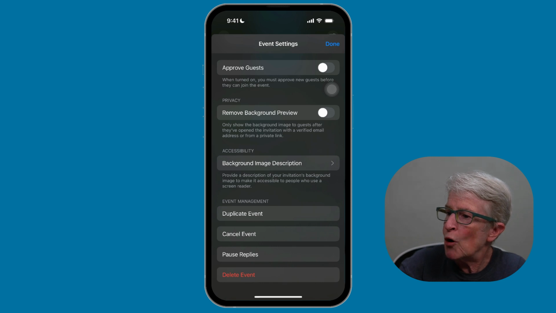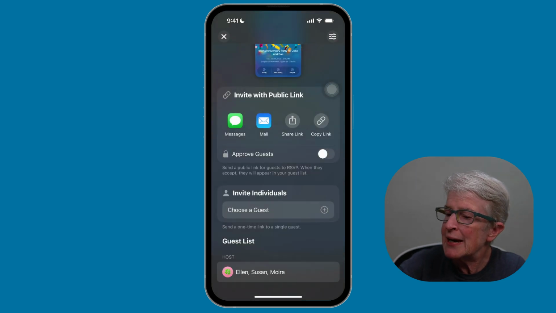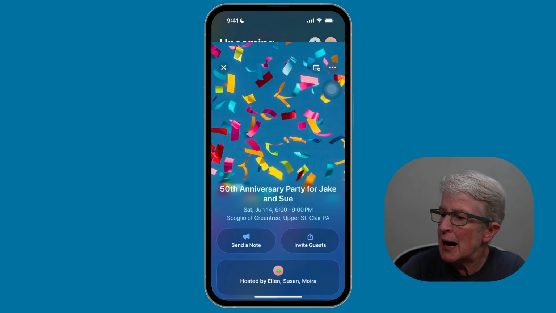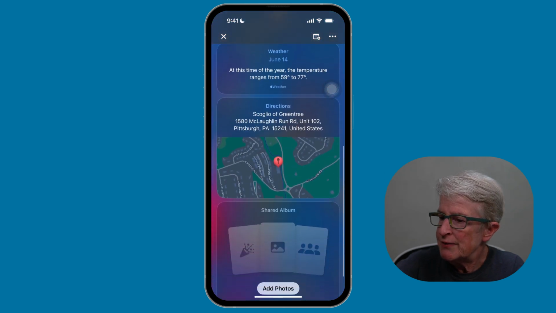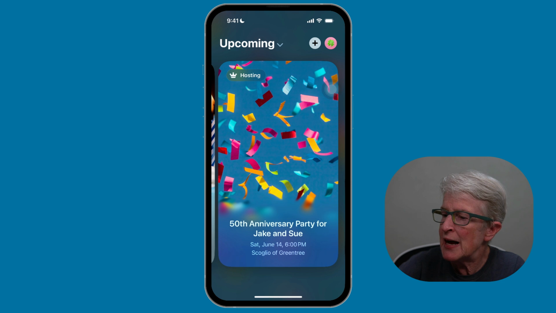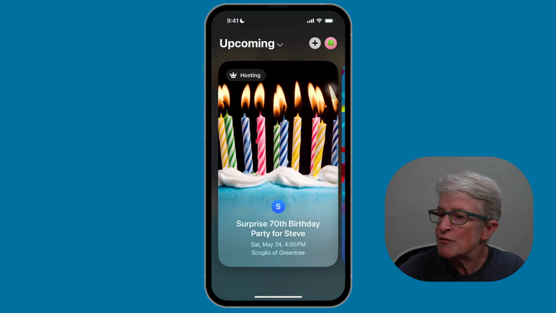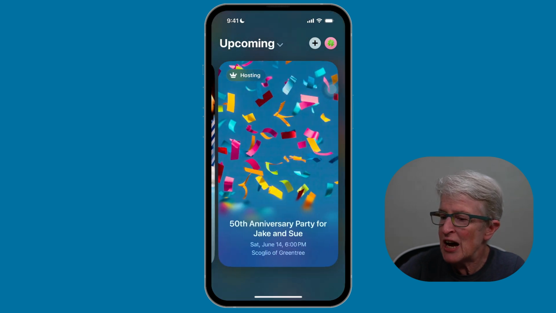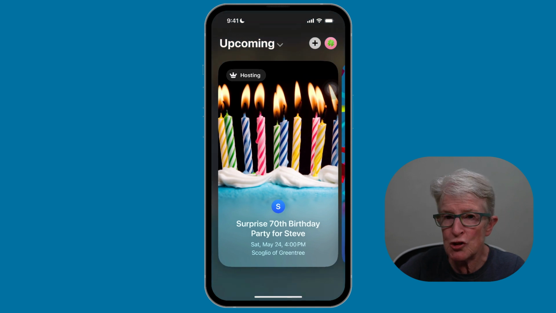I'm going to tap on Done. I'm going to go ahead and tap on the X to come out of that. And so that's the event that we've created. I'm just going to tap on the X for right now. And you'll see now that I have 2 events inside here. And so once you've created an event, it stays inside there until the event happens. And then once it does,